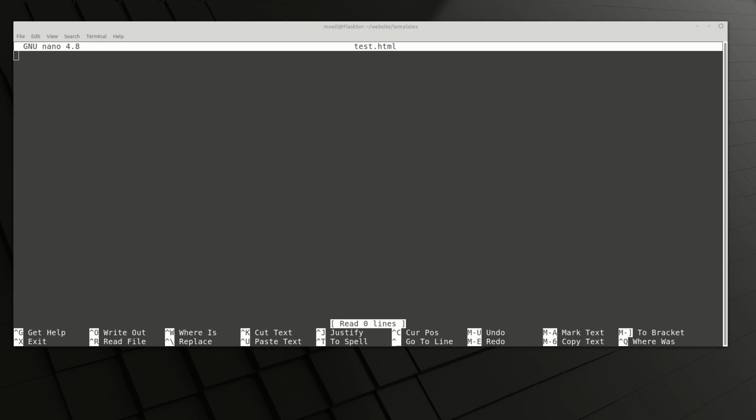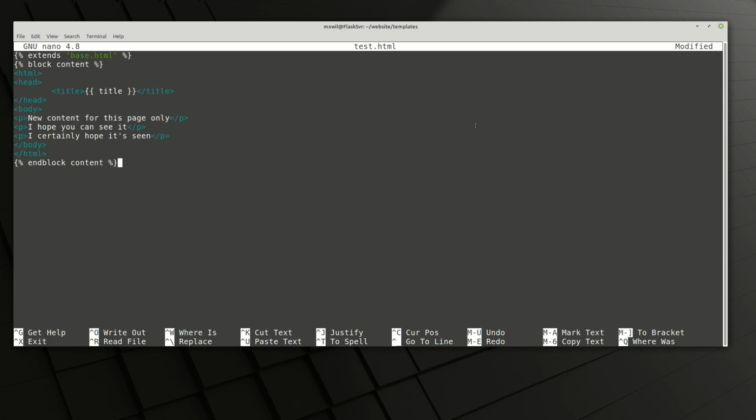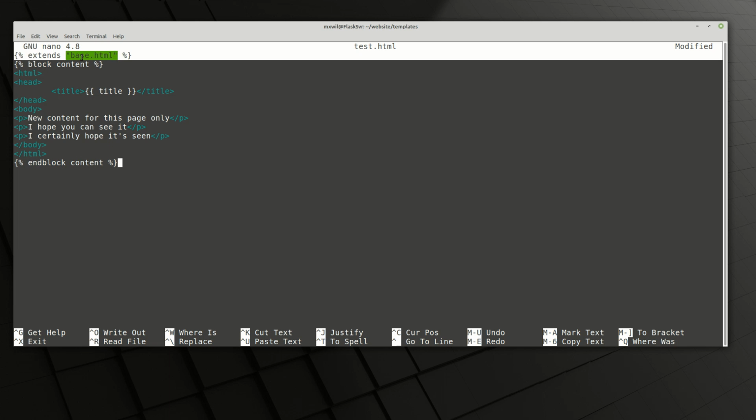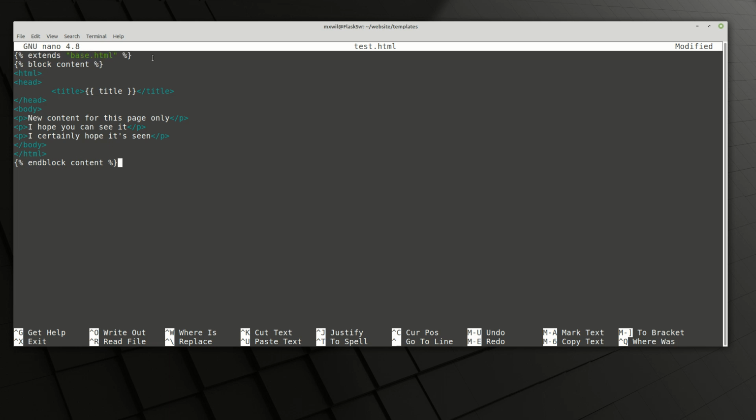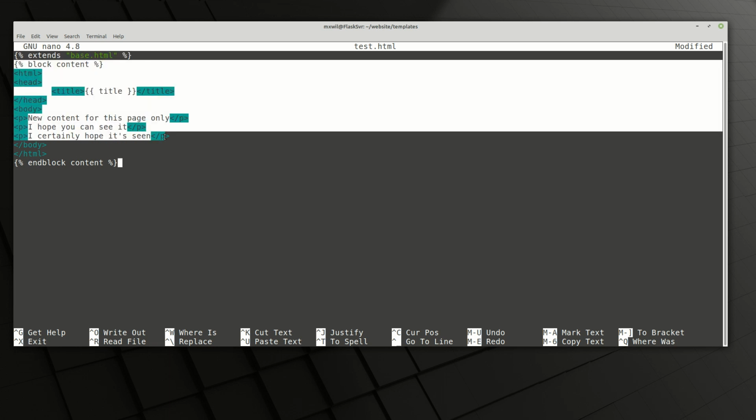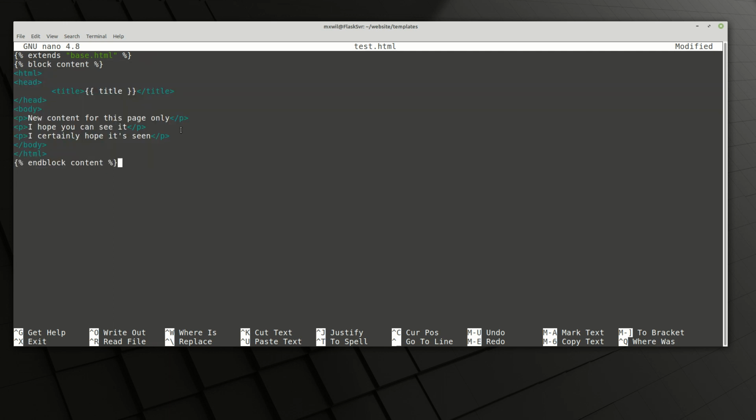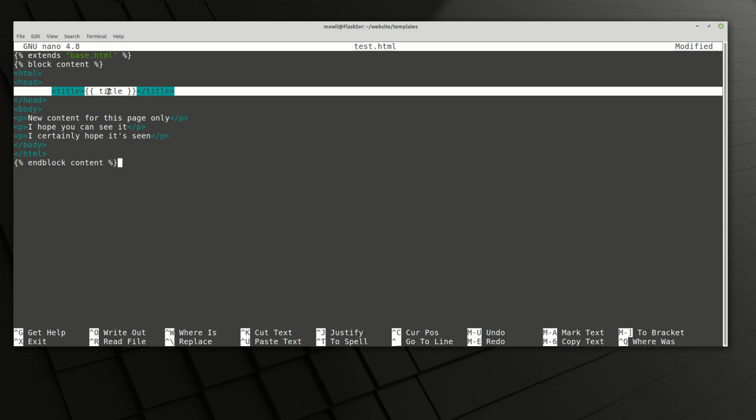We're just going to copy this information over and paste it. Now, it's basically the same thing. The test.html file will be referencing the base file, and that base file will have all of the content that test.html needs to show its information. Don't worry, I know it looks like a little bit more stuff, but basically it's the same thing as what we put in the